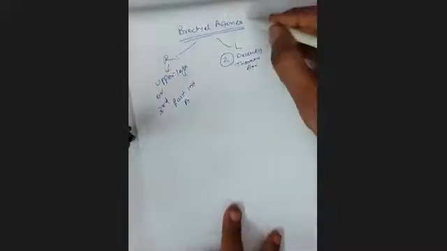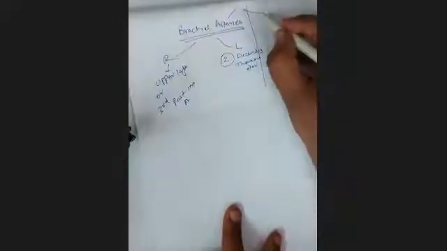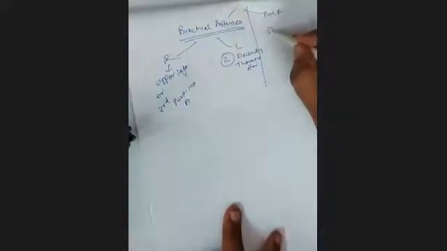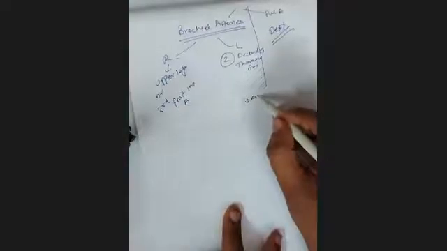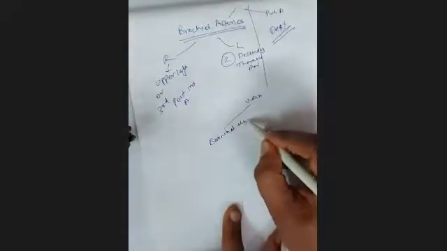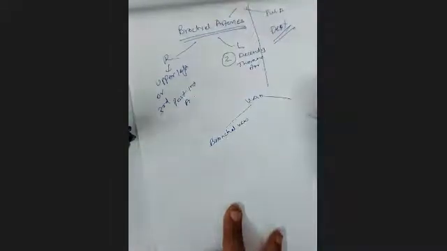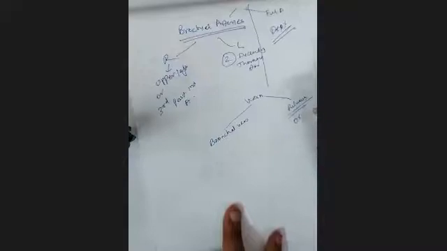We cannot say that for arterial supply there are bronchial arteries and pulmonary arteries, because the pulmonary artery carries deoxygenated blood, so we don't count upon it. When it comes to venous drainage, there are bronchial veins, and along with bronchial veins there are pulmonary veins. But pulmonary veins carry oxygenated blood, so we again don't count upon that.